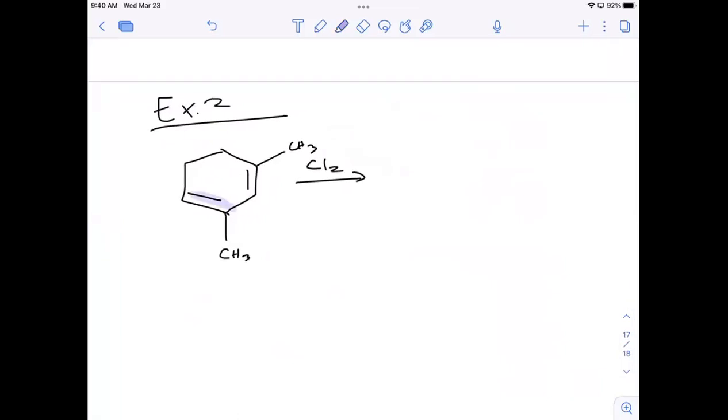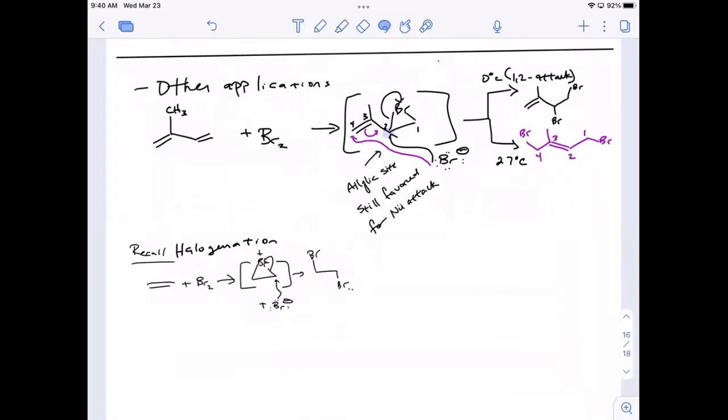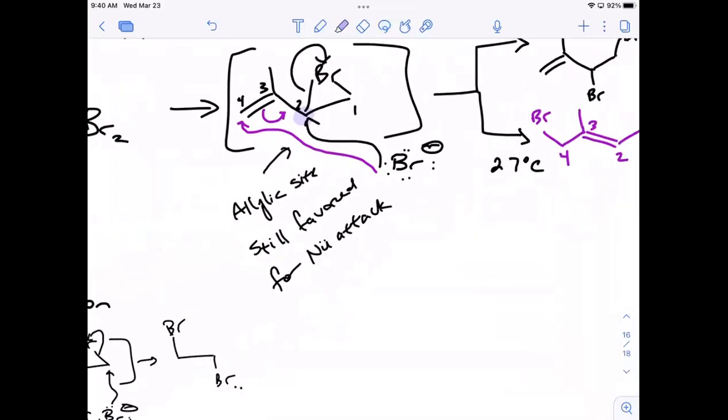Draw the 2 products that you would get if this alkene was the one that reacted. Keep in mind up top too, both alkenes are equally susceptible to getting brominated. This is just one of the intermediates right here, right? There's another one